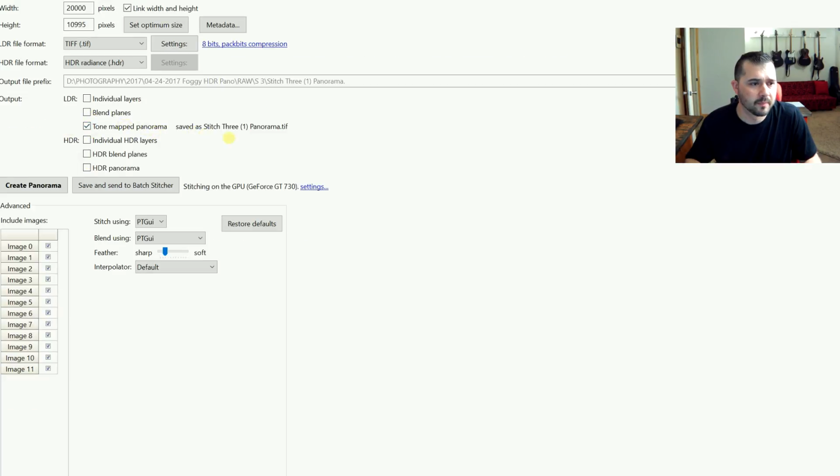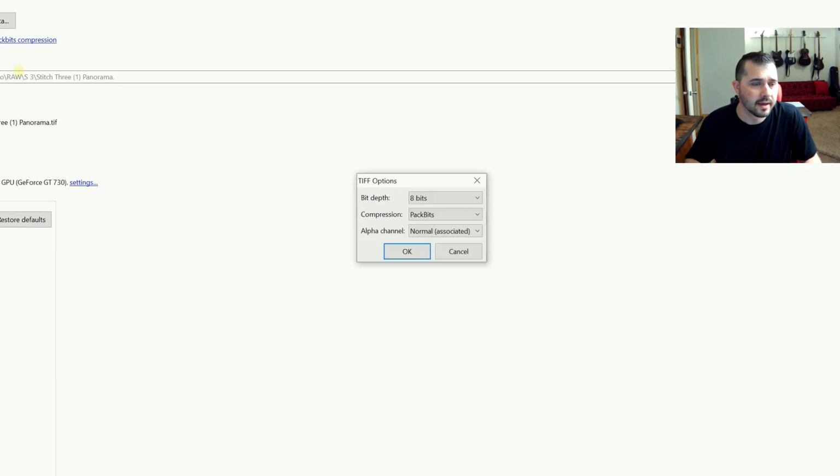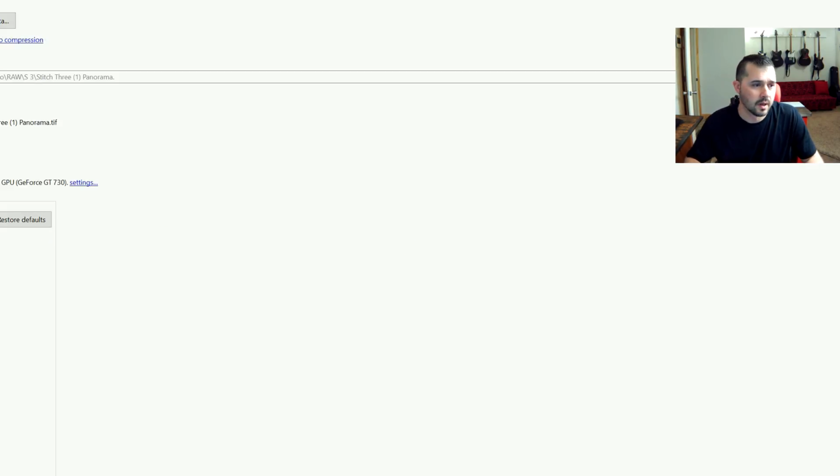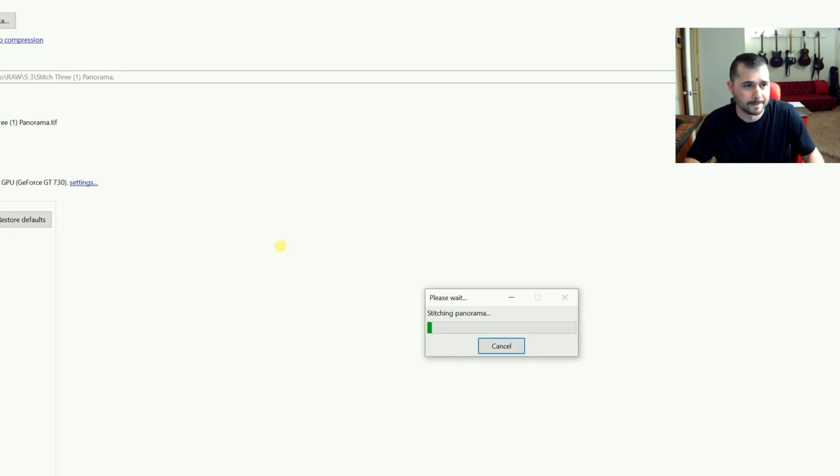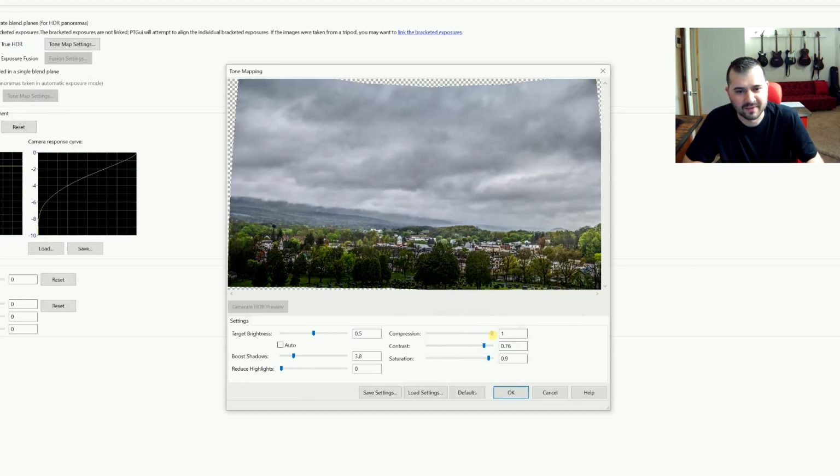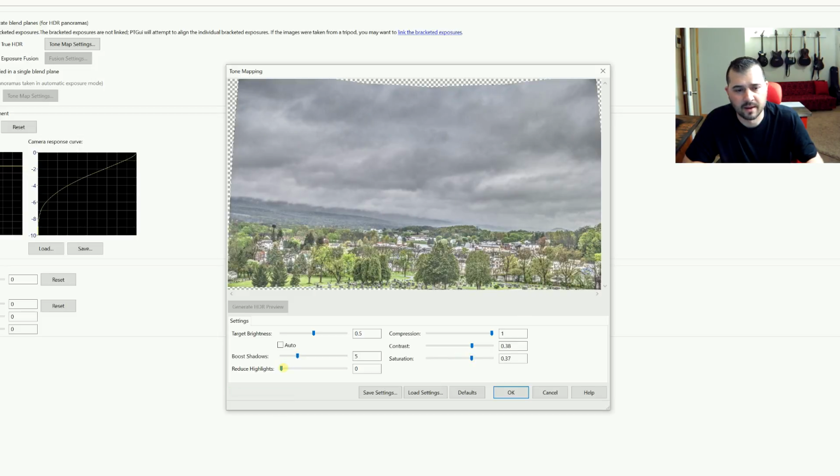And tone map panorama. And in the TIFF settings, I always go 16-bit. I like to work with more than I need with no compression. And then create panorama. This time I care about the sky, so I do not care about the lower region where the land is. And so I'm going to maybe not make that quite as dark, not as saturated. And it's good to just mess around with it until you like what you see, because